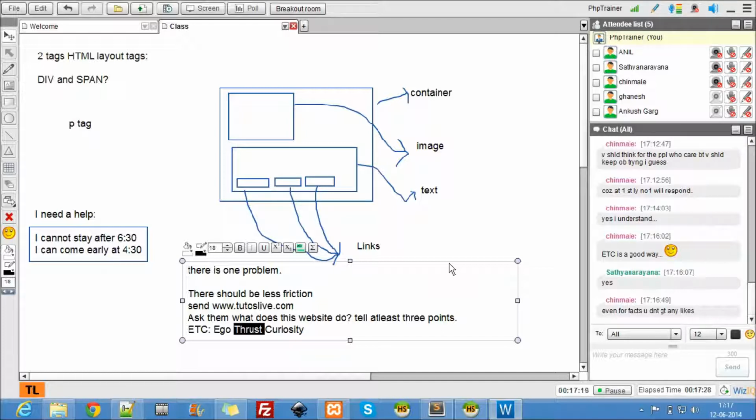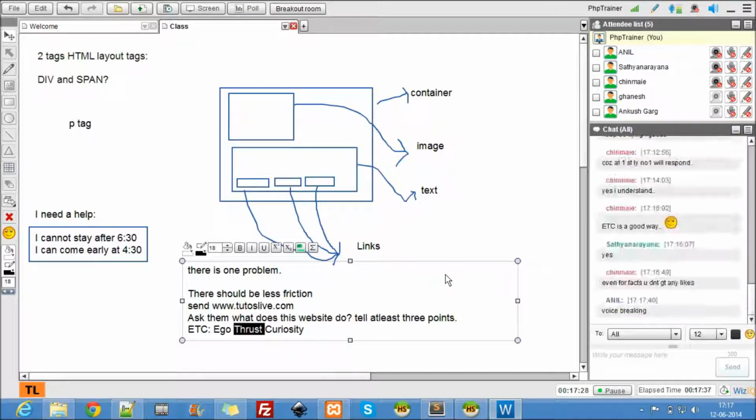Now coming to Twitter, what sells on Twitter? Twitter is all about information. Hey, there's an earthquake in Ukraine. There's a tsunami in the Bay of Bengal. So Twitter is all about information.